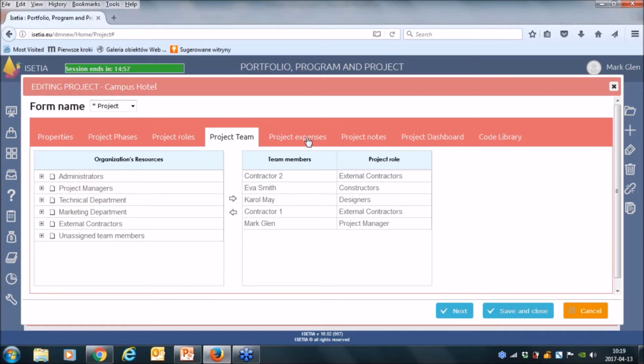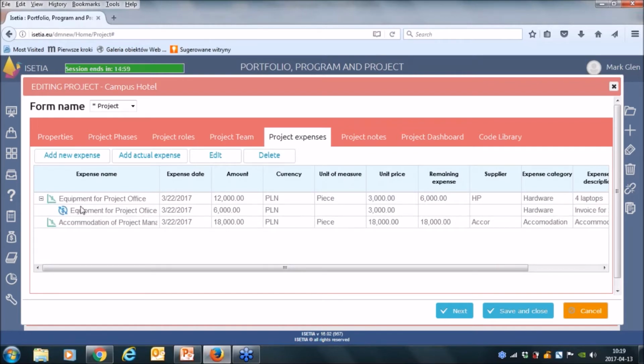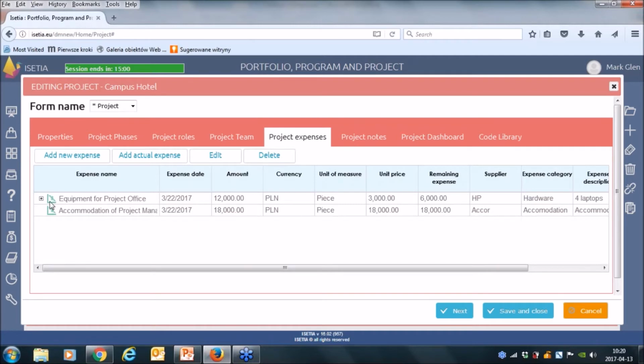I will not touch much on finance, expenses, and costs, but since we are here, I just want to show you that from this level we can also plan our expenses, and if expenses reach some actuals, we can also put in actual data based on invoices and other financial documents.